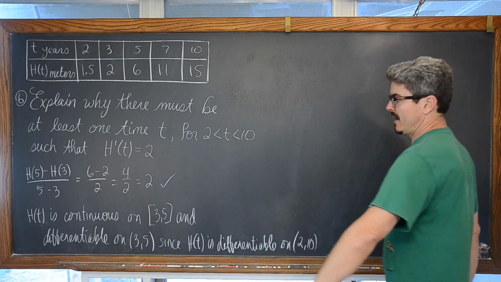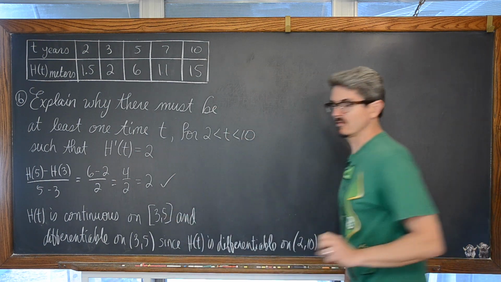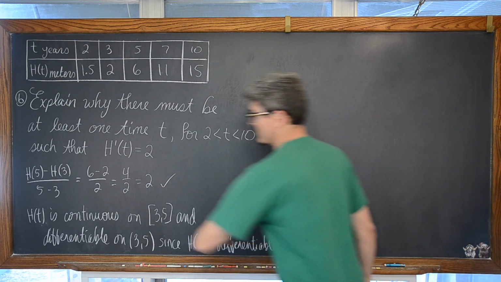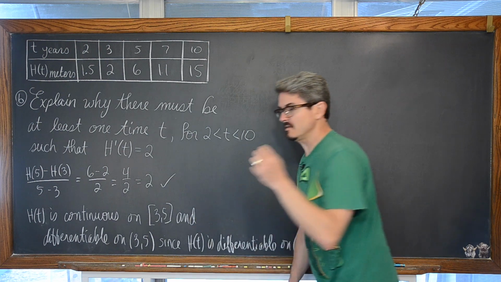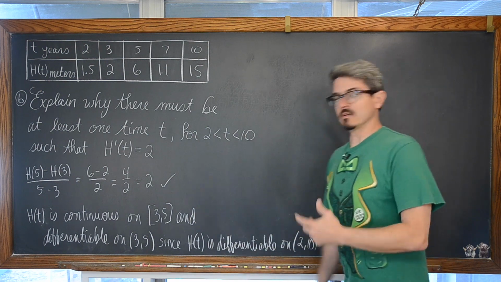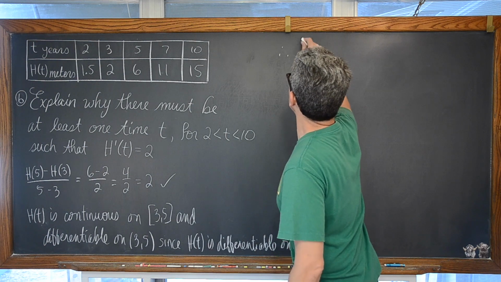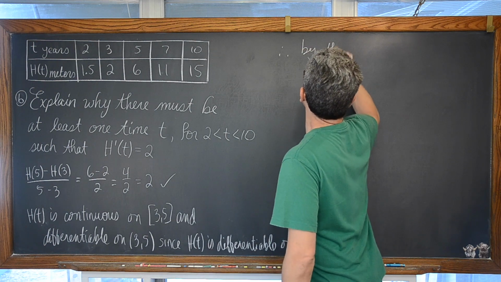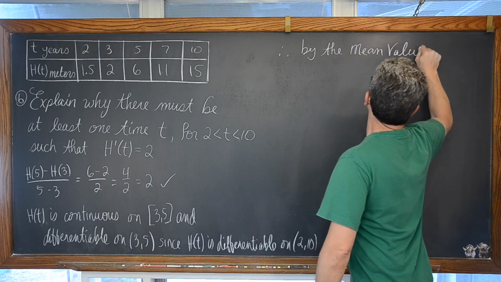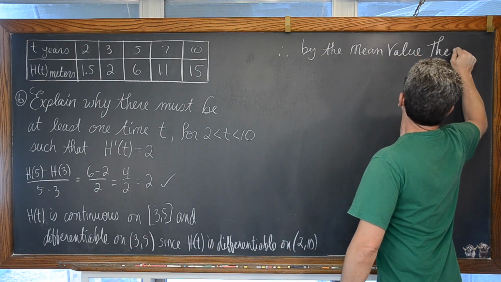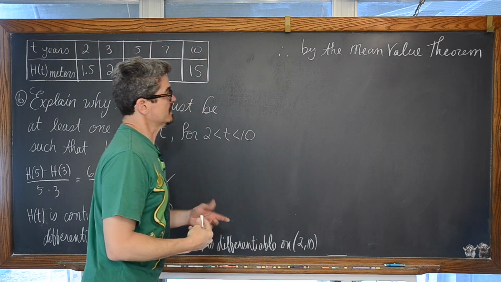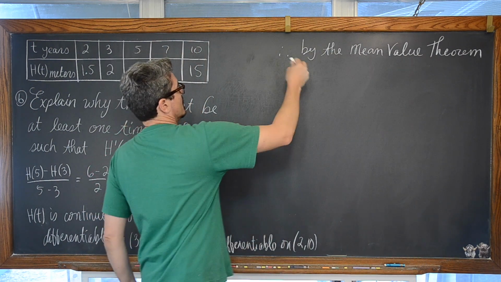So we have that the average rate of change between the t value of 3 and 5 is 2, and we have our condition check for the mean value theorem that h of t is indeed continuous on that closed interval and differentiable on the open interval. So therefore, by the mean value theorem, which I'm writing out, but on the AP test you can just write MVT. So by the MVT,